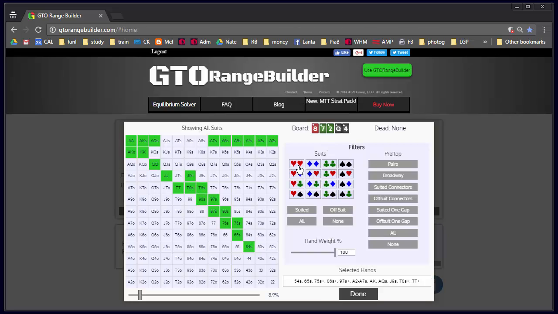What I can tell you right now is that the hands I would like to c-bet on this flop are my flush draws and my backdoor flush draws. I might check back some of my best flush draws. I like checking back some hands, so when I check back, it's not like I never have the flush if it comes in. So let's do this. We'll take off everything that we don't bet on the flop. So for example,